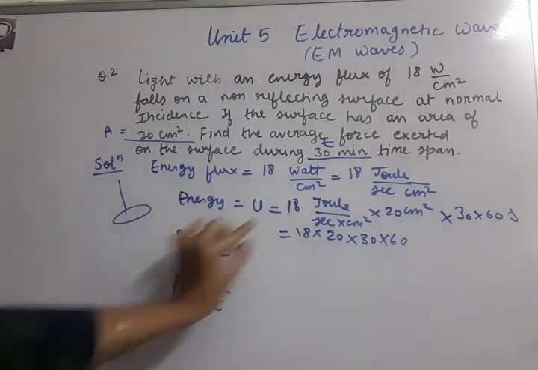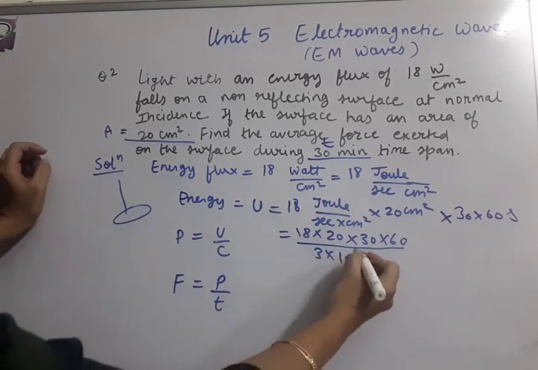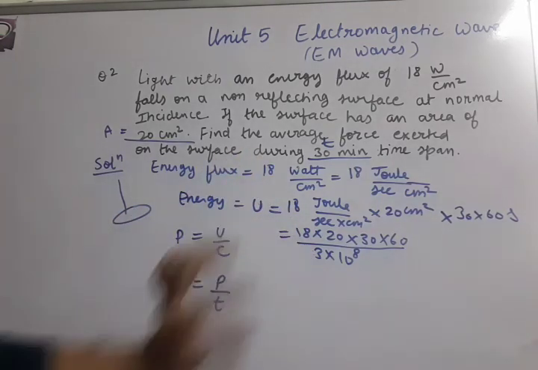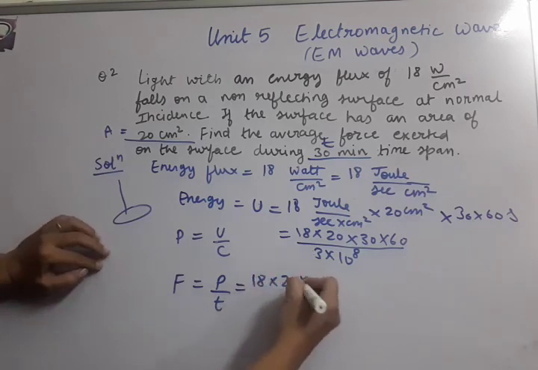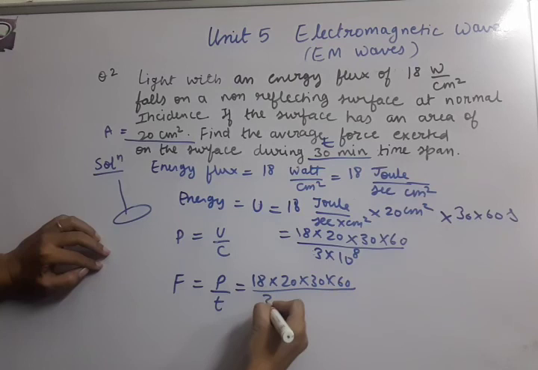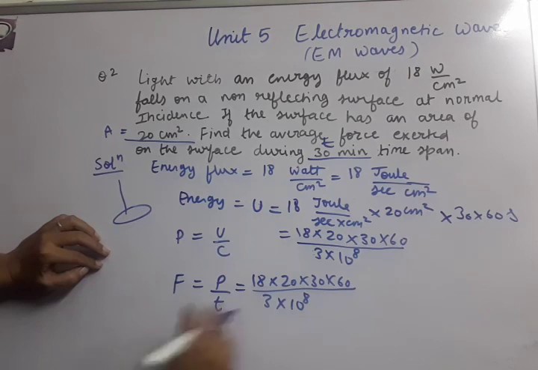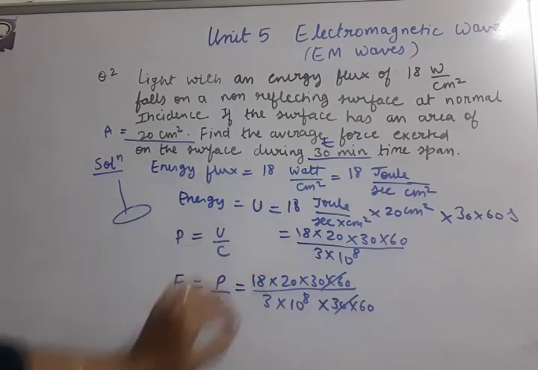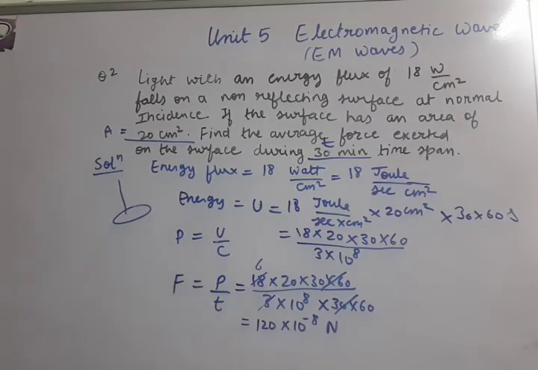अब इस एनर्जी को C से डिवाइड कर दें तो बनेगा P. सो C से डिवाइड कर देते हैं. C मीन्स स्पीड, 3 × 10^8, इससे बना P. ये जो पूरा P बना इसे यहाँ रखना है तो फोर्स कैलकुलेट होगा टाइम से डिवाइड करके. सो 18 into... दिस होल वैल्यू ऑफ मोमेंटम आई हैव सब्स्टिट्यूटेड. अदर देन दैट टाइम रखना है. टाइम 30 मिनट है तो 30 × 60 सेकेंड रखा. फाइनली ये कैंसिल हो रहा है, बचा ये टर्म. वी नीड टू सॉल्व इट, दैट इज द आंसर. दिस वे आफ्टर सॉल्विंग 120 × 10^-8 न्यूटन इज द आंसर.